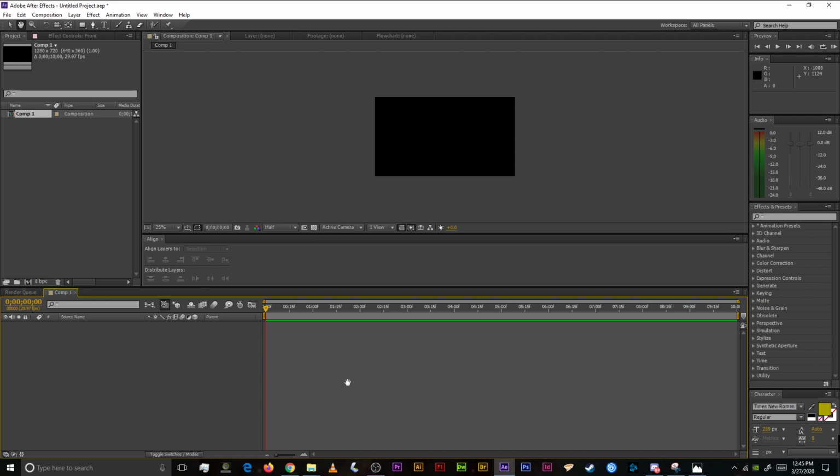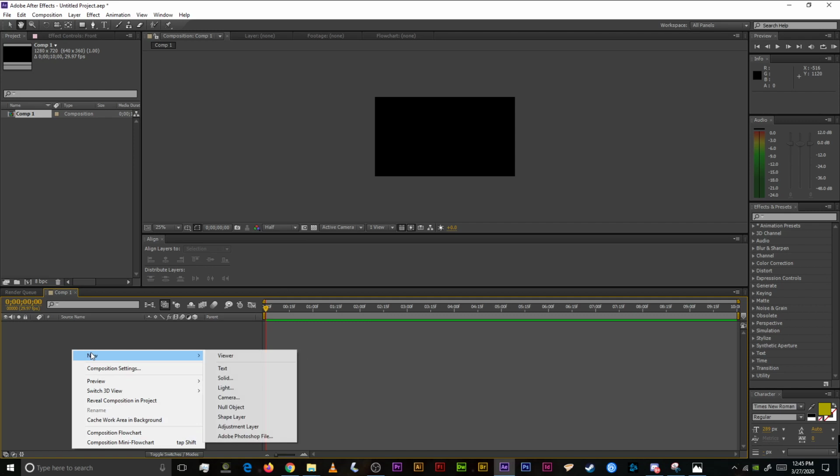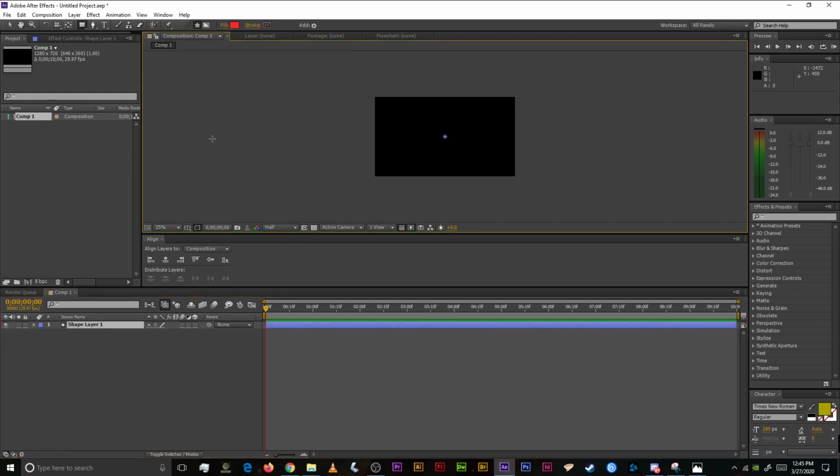Alright, so now I have nothing in my composition. So let's right click, add a shape layer, and as soon as it says add shape layer, we have some options that pop up here. If you'd want something other than a square, you can click and drag and get the ellipse tool. I'm going to hold down shift so I get a perfect circle, and I'm just trying to orientate it around the aspect,